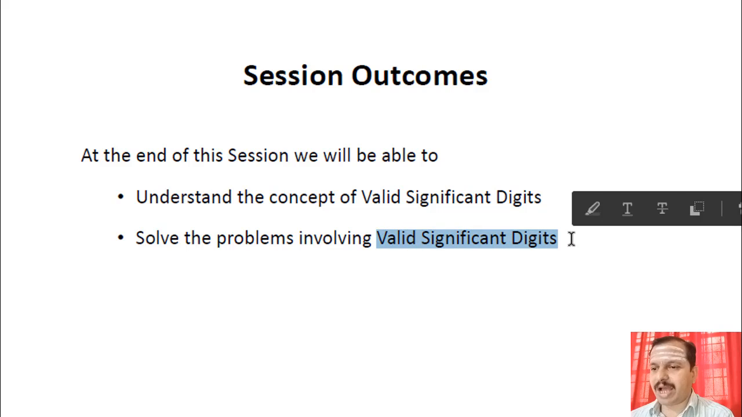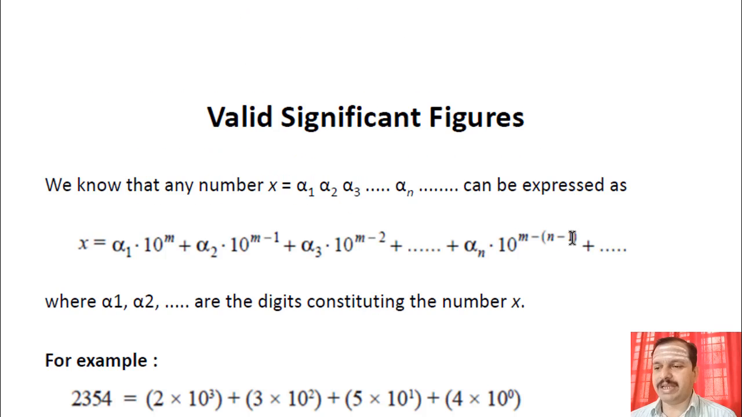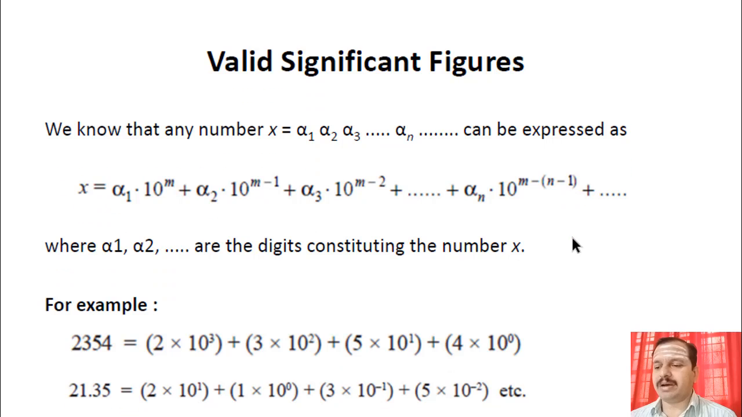Now, let us have a definition of valid significant digits. Before going to define the valid significant digit, I would like to recall one important thing which we have seen in our primary school. For example, if we have a number 2354, here this is the units place, this is the tens place, this is the hundreds place, and this is the thousands place. So therefore, when we write this number